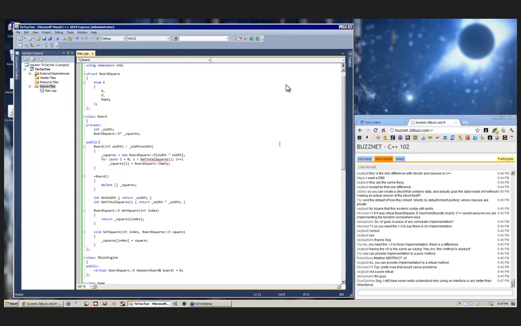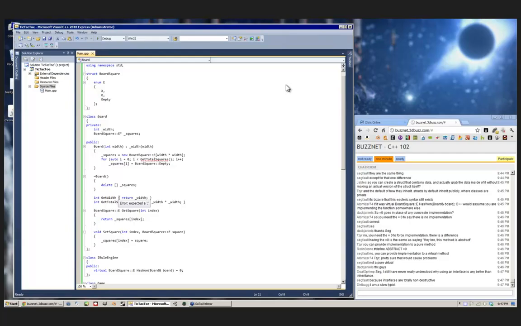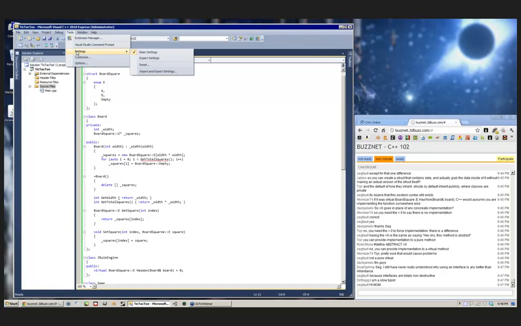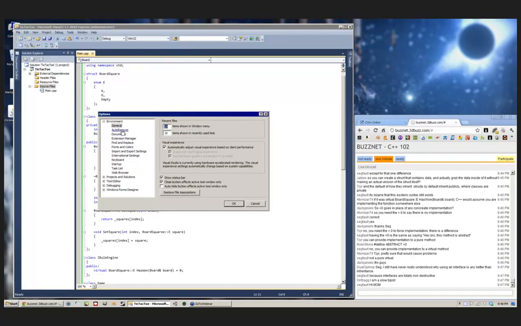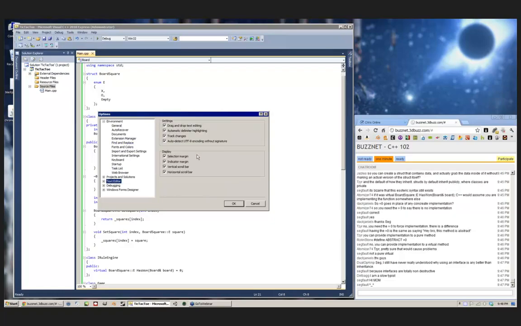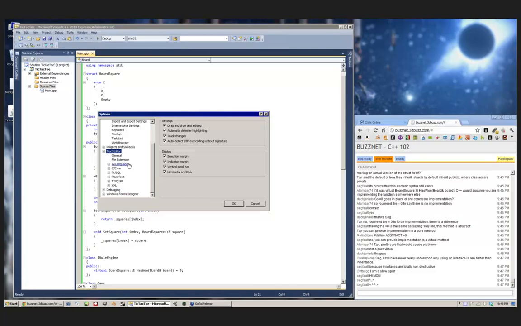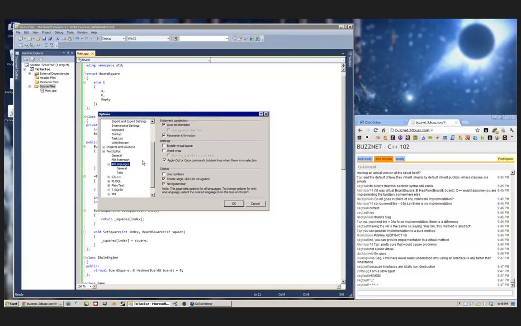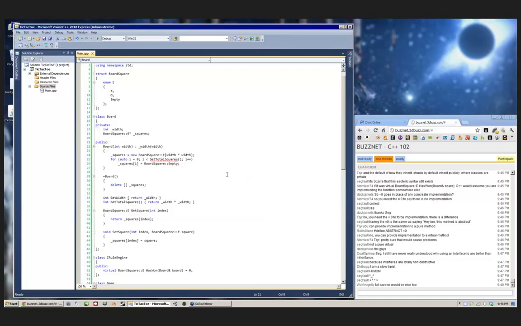Ooh, you have a syntax error. Oh, wait a sec. First of all, if we're going to swap over to your screen, could you go ahead and turn on line numbers, please? Because otherwise it'll be very difficult for us to follow. Remind me how to turn them back on. Tools? Options. Text editor. Expand that. Jump into all languages, and just click on all languages actually, and say line numbers under display. Oh, well, that's obvious.